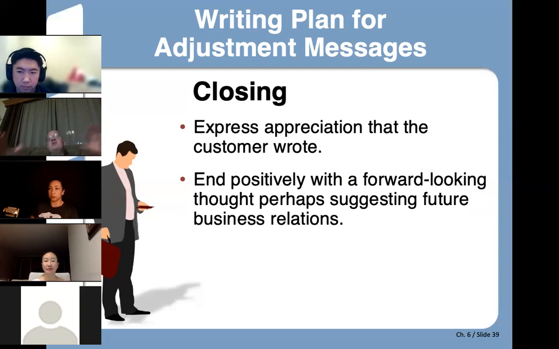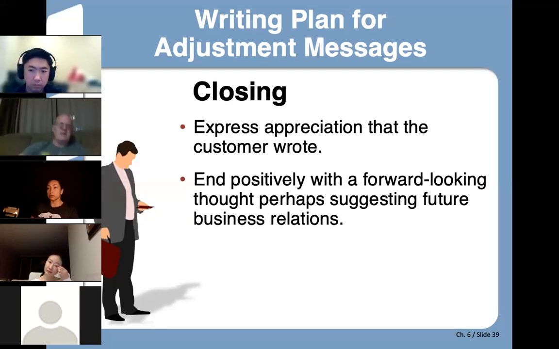And the way that you would do that possibly would be, I really appreciate you taking the time to write and giving us an opportunity to fix this situation. I'd like to call you next week because our company is about to launch a new set of products that I think could do really well in your kitchen utilities store or whatever it is, right? In your Crate and Barrel sort of thing. I'm not speaking very well, but you know what I'm talking about.